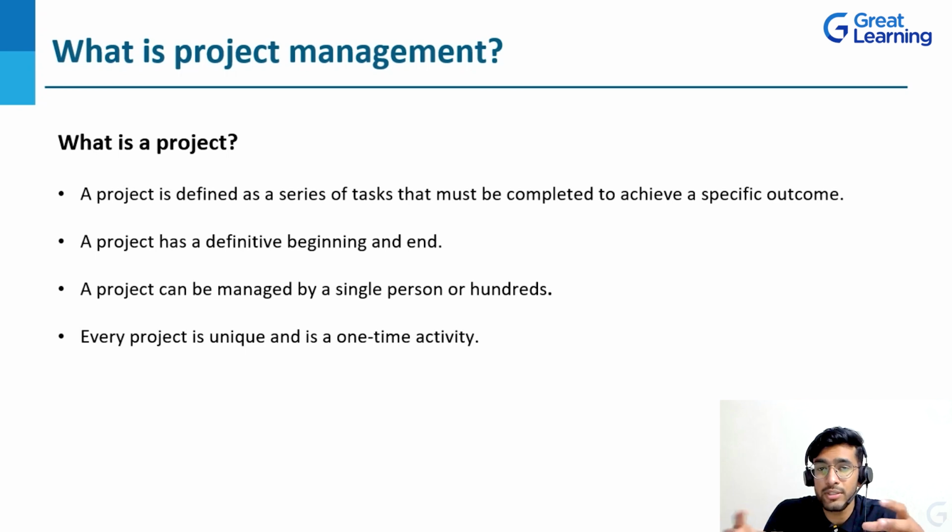So these big projects are subdivided into small series of tasks, and they are then given to small groups of people, which all combined together create one big, huge project with a specific outcome, right? So that's how a project can be managed by a single person or hundreds of people. Hope you guys have understood